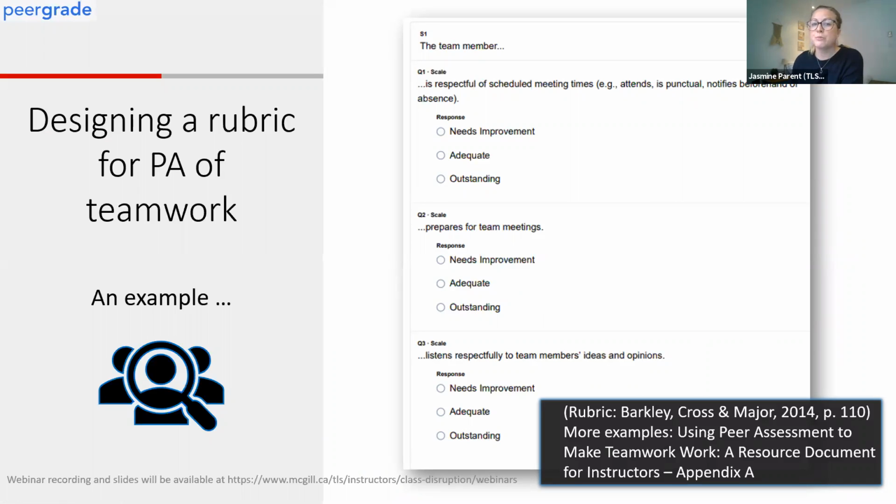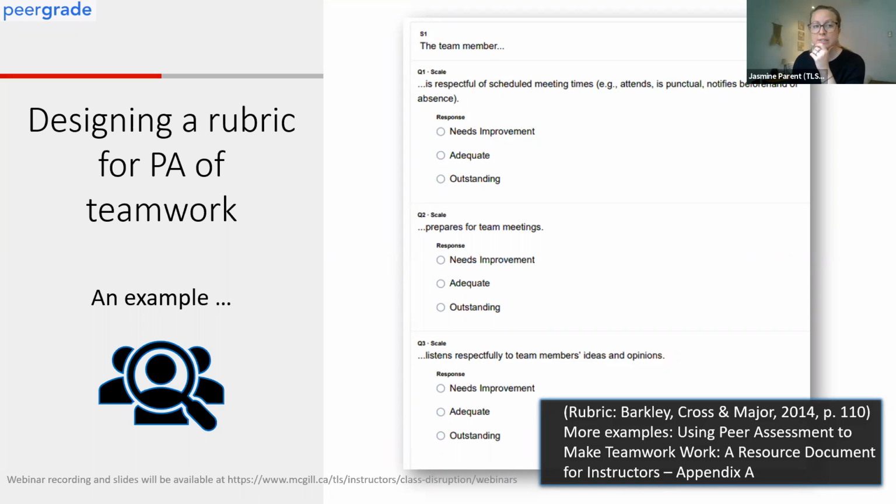For this particular rubric, I have a heading for a section which says the team member, followed by various criteria in which students can rate their peers using a scale. In this example, they only select from a scale, but keep in mind you can also create questions that have a scale and a comment or feedback box for written comments so that they can elaborate why they perhaps chose a certain response. You can also have comment only type questions.